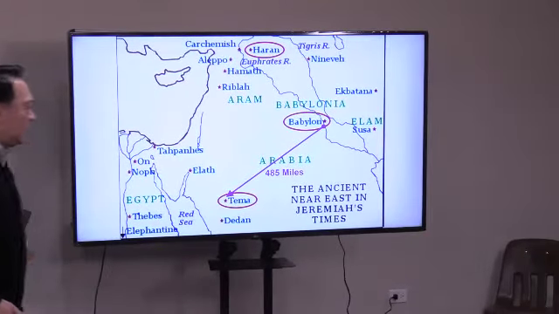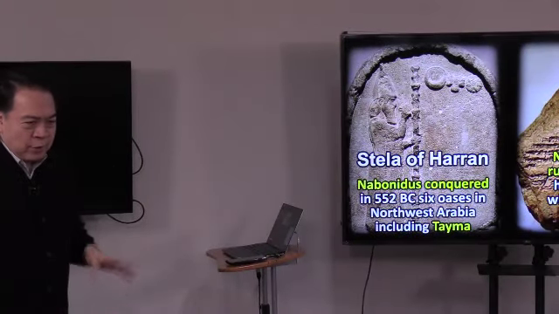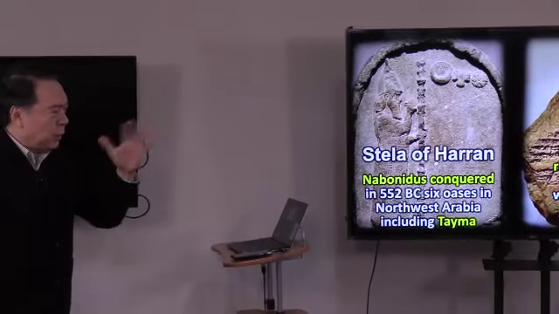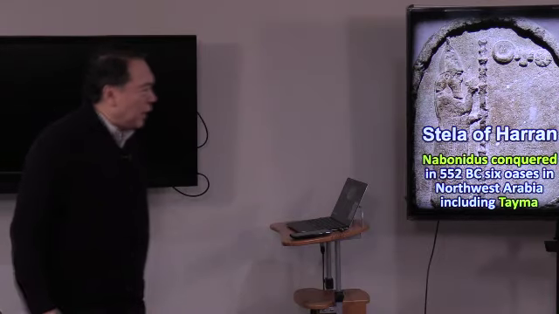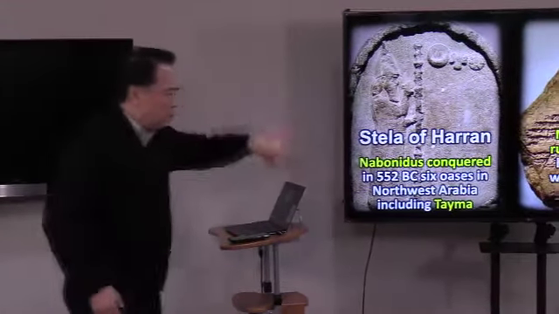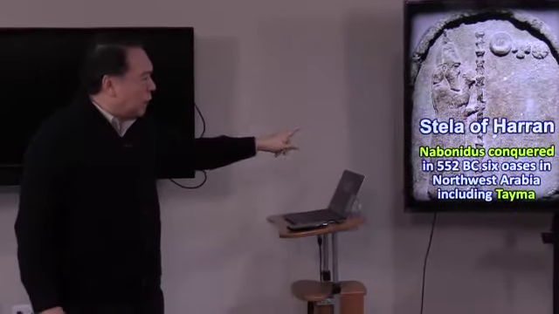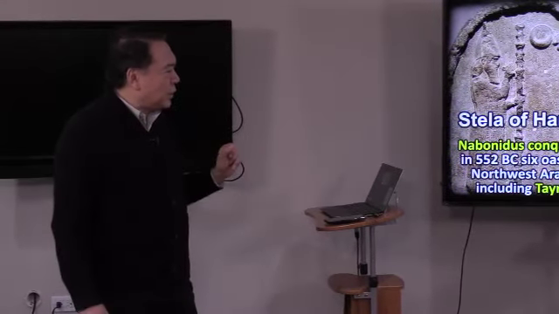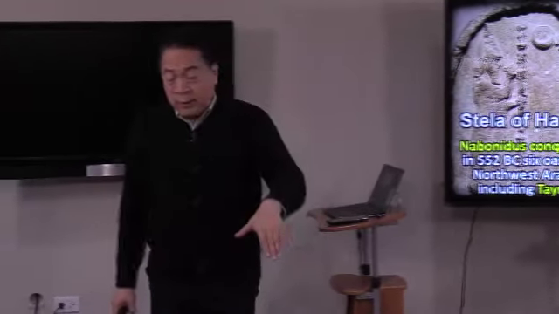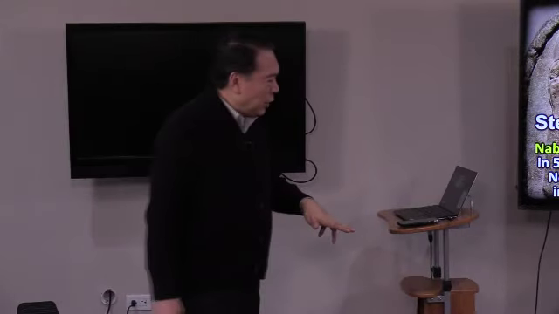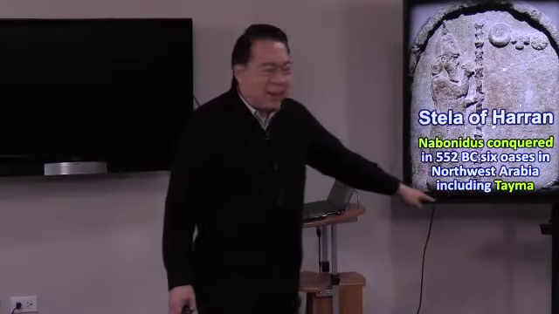Okay, and I'll tell you the story. It will be very interesting how they tried to kill Cyrus and he eventually won. We kind of covered this in Esther and Nehemiah, but we will review that somehow. There's a stela of Haran, a stele. It is like a tombstone or some big stone that allows us to go to some historical records. The stela of Haran says Nabonidus conquered in 552 six oases in northwest Arabia, including Tema. So basically, Nabonidus was going to Arabia to conquer Arabia as well, into the southern kingdom. And part of the conquest of the six oases was Tema. That's where Nabonidus stayed for about 10 years.